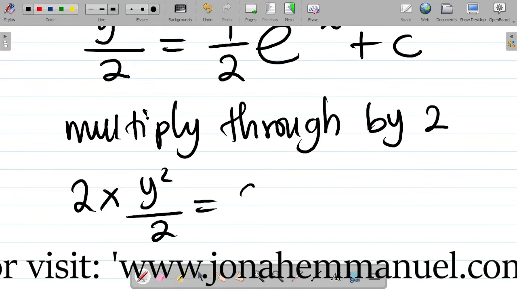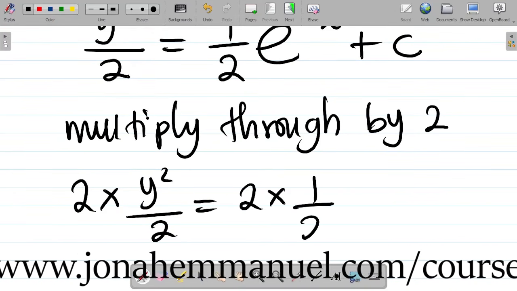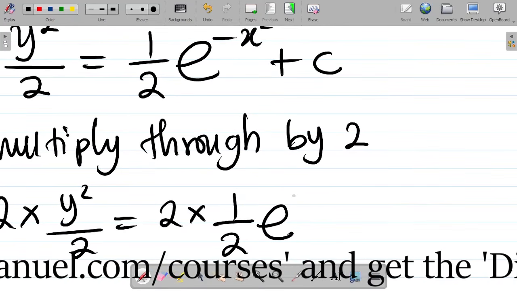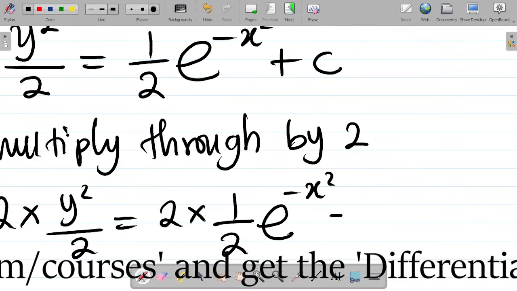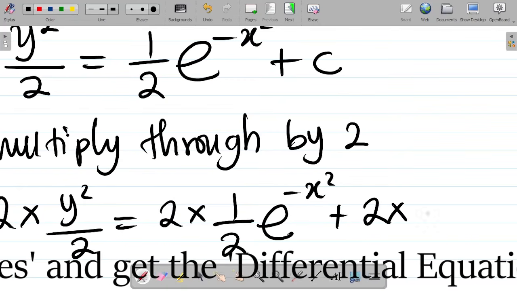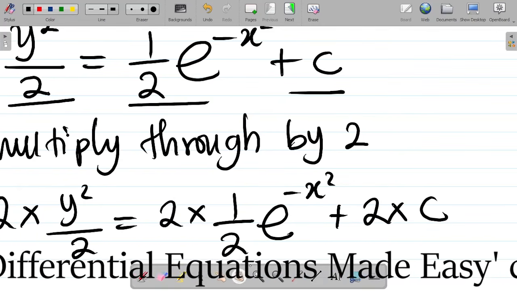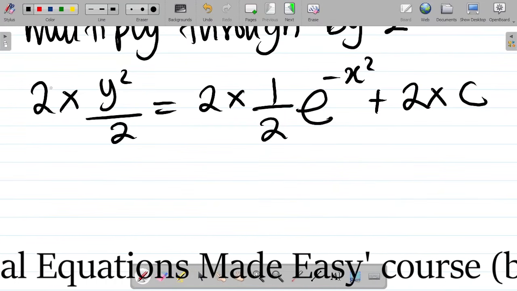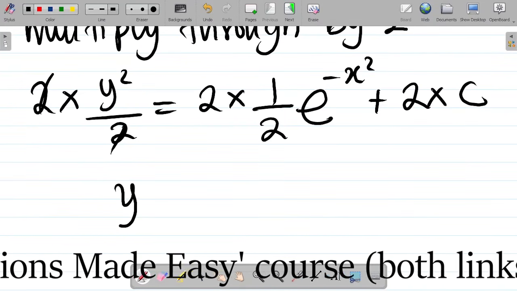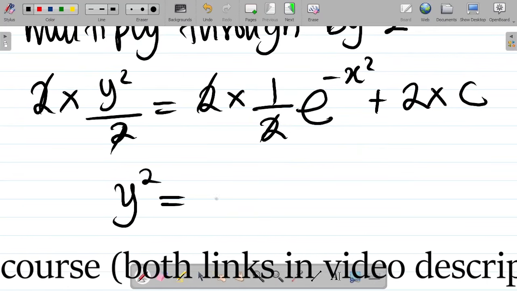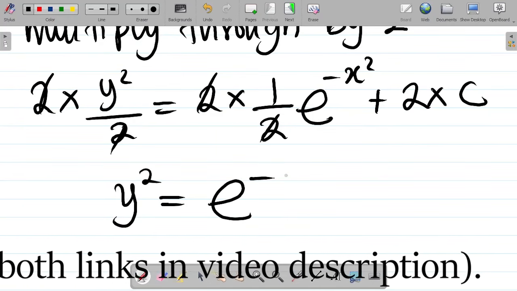It's equal to 2 times 1 over 2 exponential minus x squared, plus 2 times c. So multiply everything by 2. From here, this cancels this, so I have that y squared is equal to exponential minus